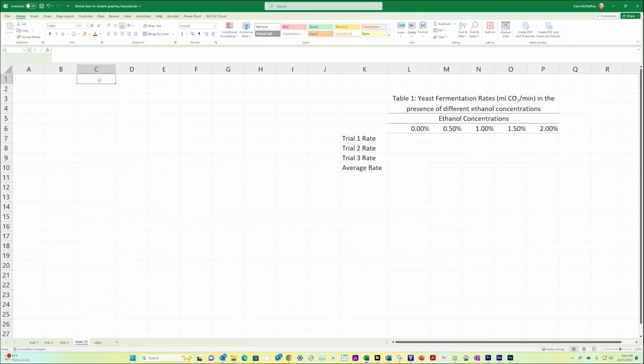And so I'm going to highlight, come down to here, highlight 1, 2, 3, 4, 5, and then I want 2 rows, and I'm going to merge and center. I can then go in here and I can start to type